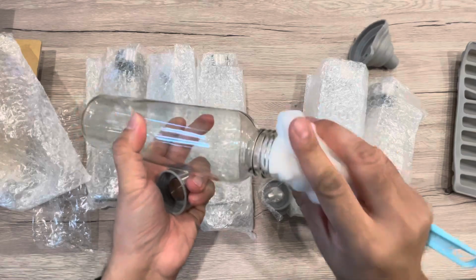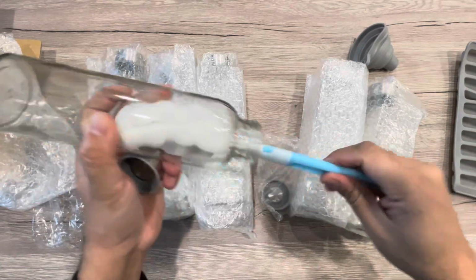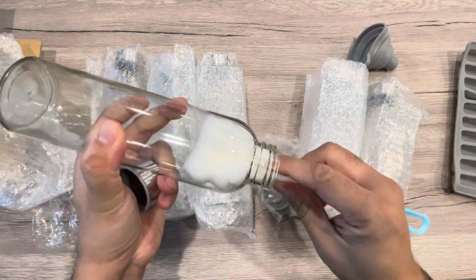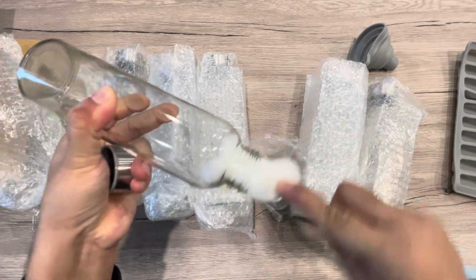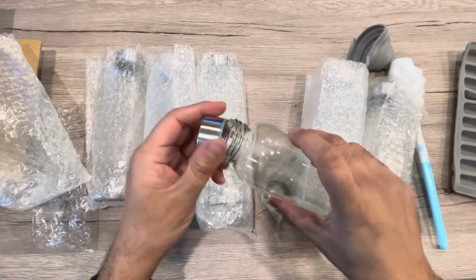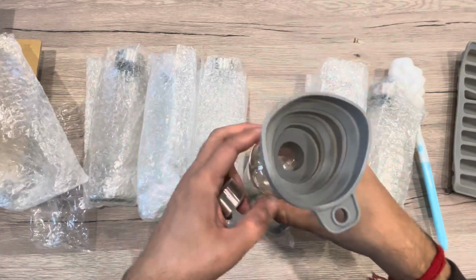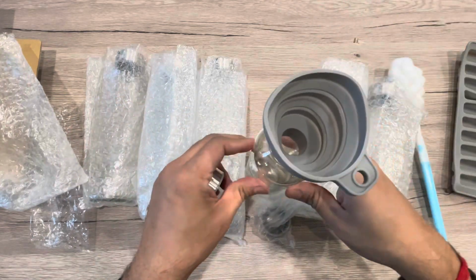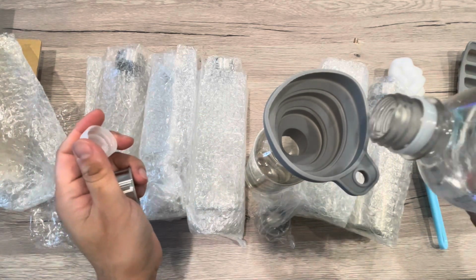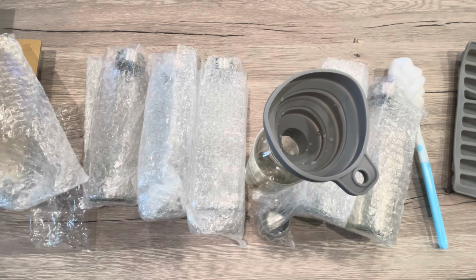For the brush, you can easily clean as I mentioned. This is also dishwasher safe, so you can use it in a dishwasher to clean. So this is how you clean up the bottles, and then this is the airtight stainless steel lid. For the funnel, you can put in juice or water, easy to put in. Say you can just put in the water through this funnel,